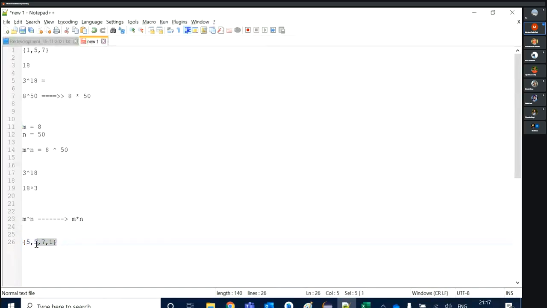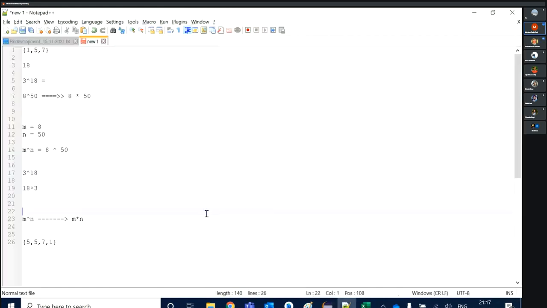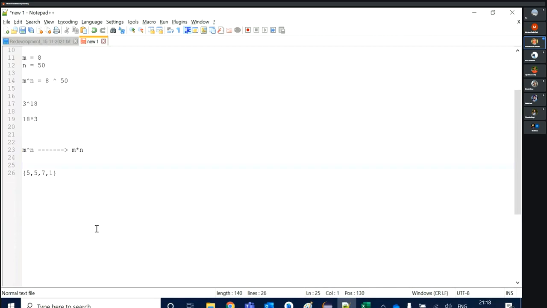So I'm expecting this thing from you. In this same program, use this program. First understand this program also. If you are not understanding this program, you will not get this answer. Only 3 to 4 lines you need to add to get this answer.